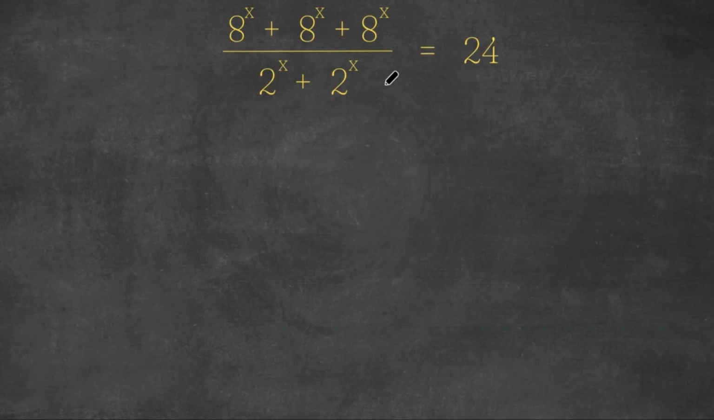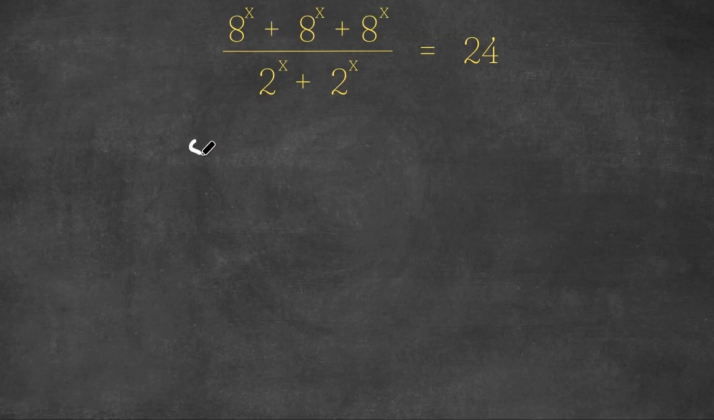In today's video, I'm going to be teaching you guys how to solve this exponential equation. So we have a to the power of x plus a to the power of x plus a to the power of x divided by 2 to the power of x plus 2 to the power of x is equal to 24. Now, what I'm first going to do is I'm going to factor out a to the power of